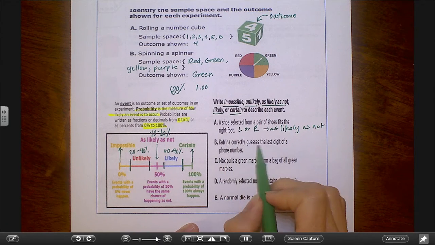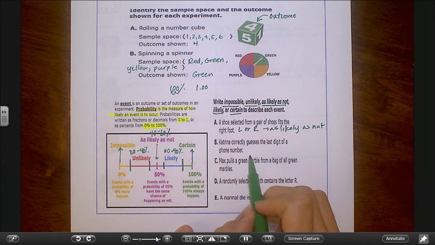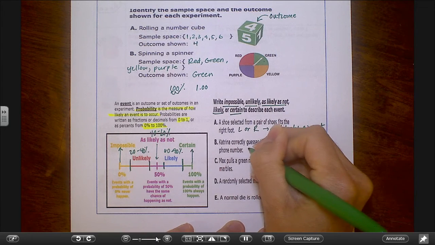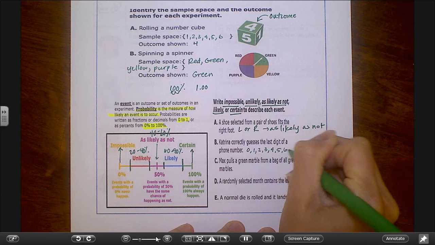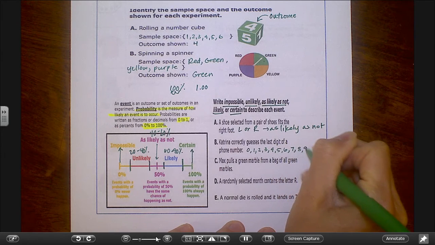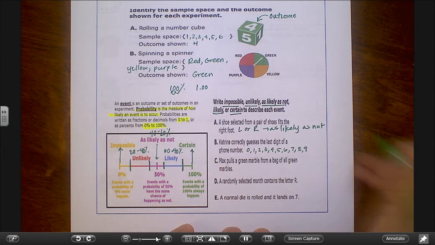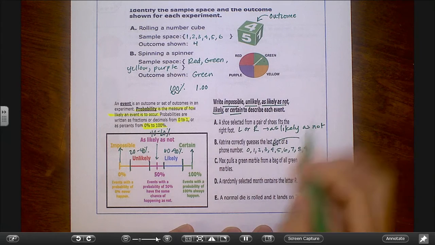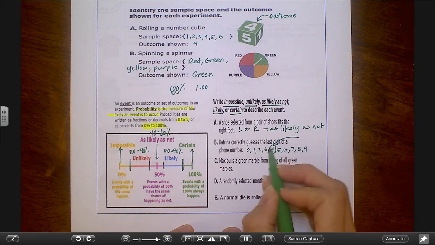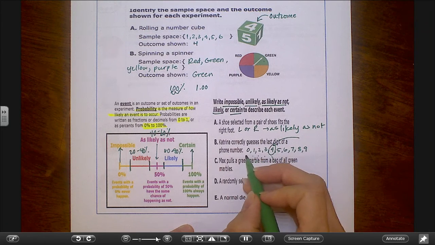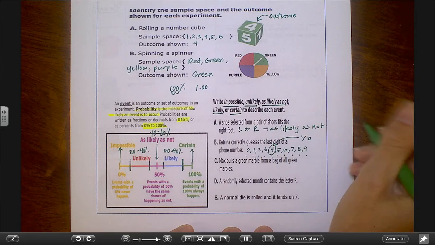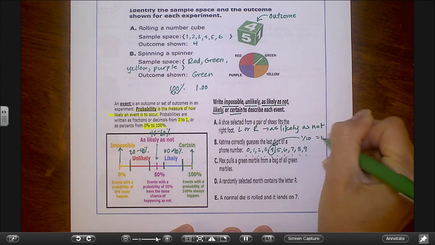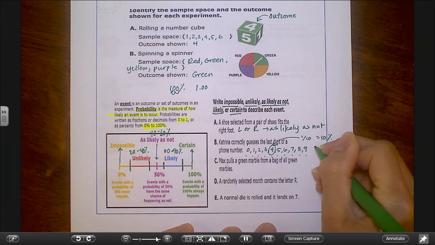Katrina correctly guesses the last digit of a phone number. Well, that could be 0, 1, 2, 3, 4, 5, 6, 7, 8, 9. Let's say the last digit's a 4. Her likelihood of guessing that, that's my 4, and then I have 1, 2, 3, 4, 5, 6, 7, 8, 9, 10. A 1 in 10 opportunity to do that, which is 10%. So that would fall in our unlikely